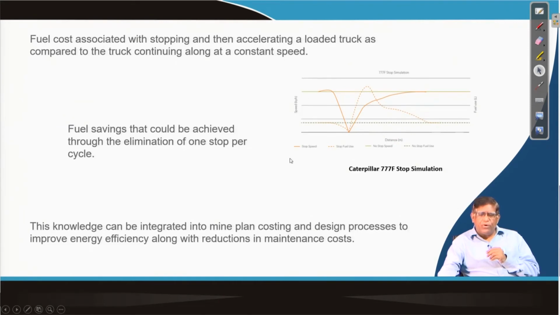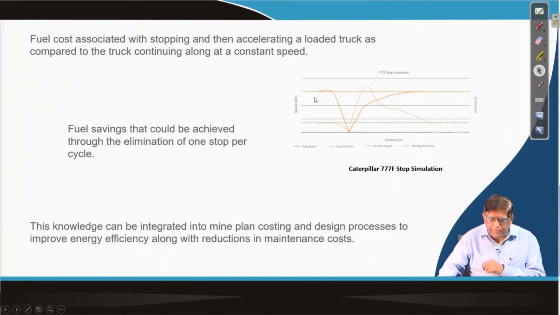Similarly, the most important thing you should see is that during hauling with a load, the truck should not get stopped. But stopping may be necessary because of traffic. Sometimes something is coming in front, and your haul truck, that is the loaded truck, has to stop to avoid an accident. If your haul road design has not taken into consideration that the whole hauling will happen without stops, then this situation may come up.